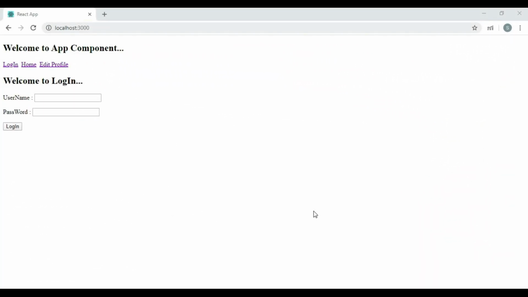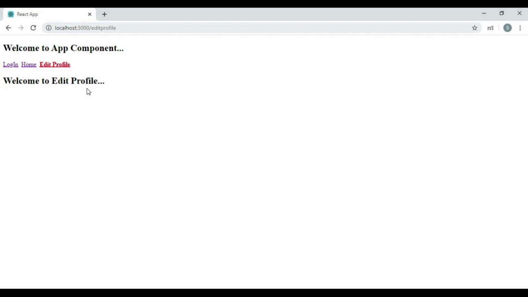Now let's enter valid credentials. We can see we have been navigated to the home component. Let's click on the next button. We have been navigated to the edit profile component. So the navigation path is from the login component to the home component, and from the home component to the edit profile component.